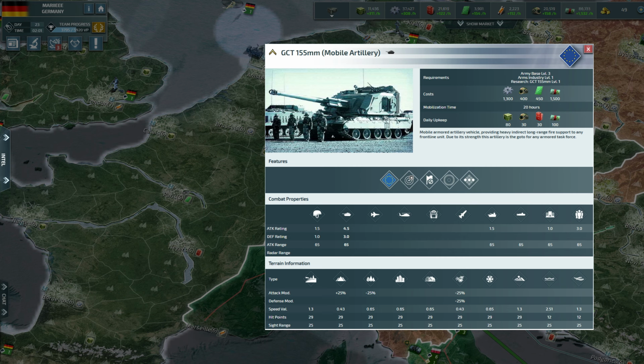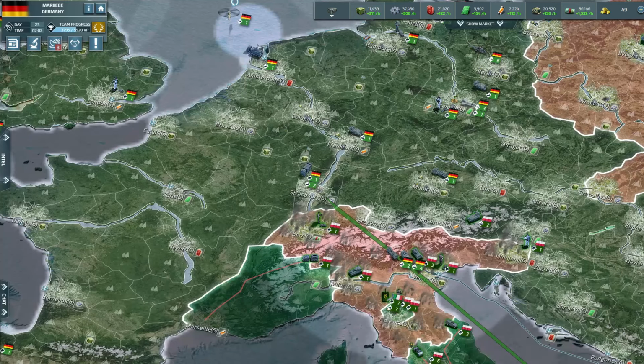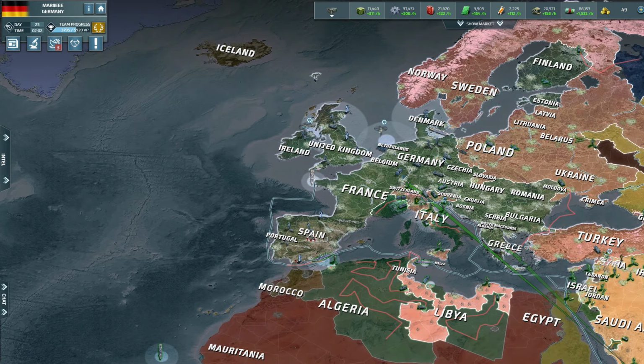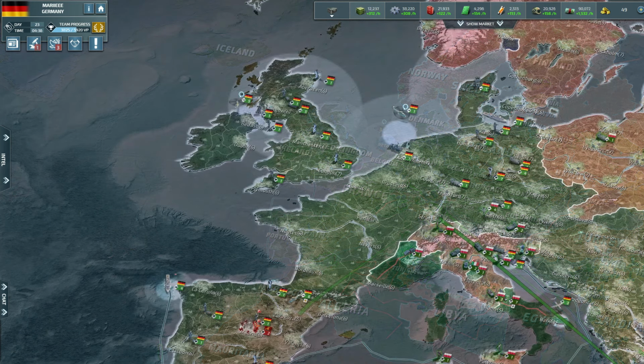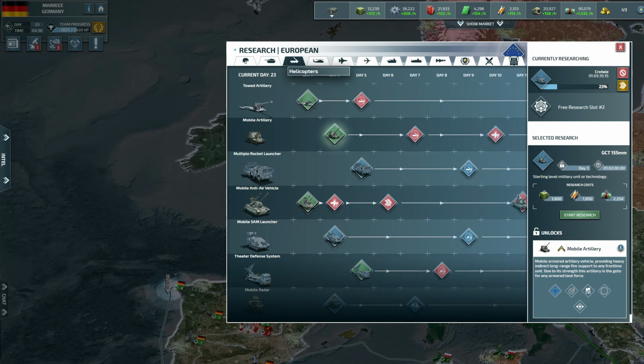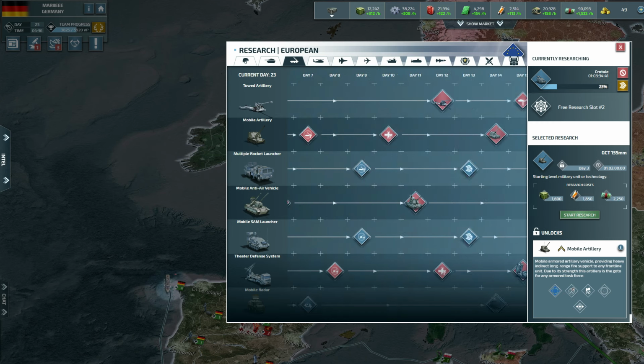Regarding doctrines, the European doctrine benefits mobile artillery the most. Under this doctrine, mobile artillery receives a 5% boost in infantry damage and a 20% increase in health points, making it more durable in combat. As for building mobile artillery, I generally don't recommend it since in most situations there are better artillery options with greater range. However, there are specific scenarios where mobile artillery can be extremely useful and even superior to other artillery